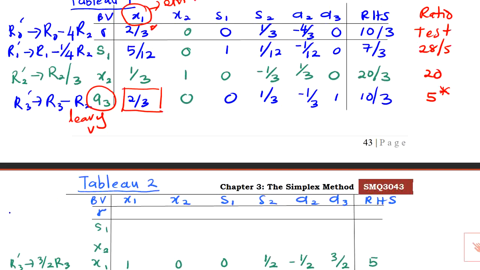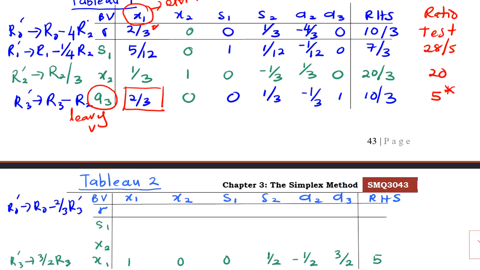So for row 0 new, row 0, minus 2 over 3, row 3 new. Sorry, here in Tableau 1, row 2 new. Okay, we continue. Tableau 2, so row 0 new will be